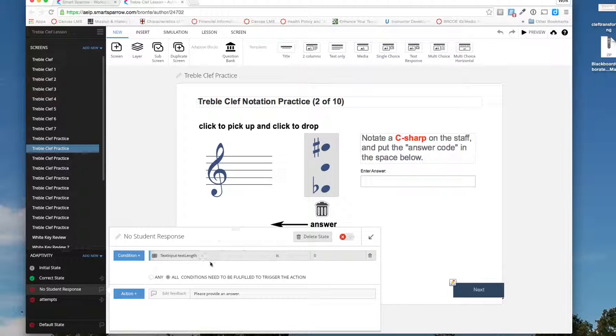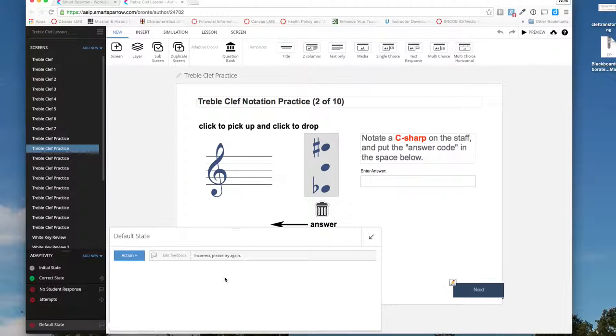And the first trap is if the text length is 0, so if they've typed nothing in the blank, provide an answer. If they go over the number of attempts, send them to the page that is specifically targeted to the type of remediation, the type of studying they need to do. And the last trap state is, okay, if it's incorrect, say it's incorrect. So these are the 3 things that will happen once a student enters this slide